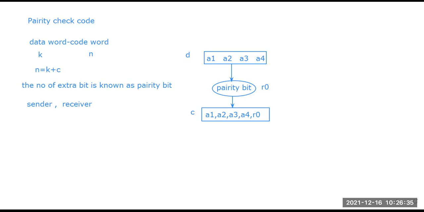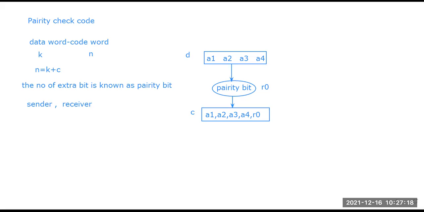So this encoder is accepting a 4-bit data word and generating a parity bit for that 4-bit data word. And now the scenario has changed to 5 bits. Previously it was 4 bits, now it is getting converted into 5 bits. The parity bit and the 4-bit data word together make a 5-bit code word. We are finding the number of ones in the code word, so the addition of all the bits, the parity bit, we are calculating as R0.